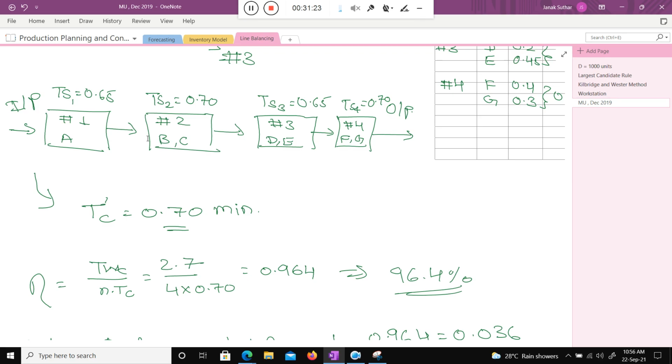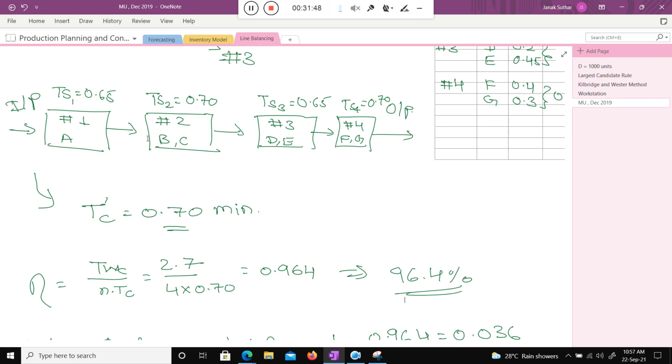Suppose the efficiency of these three is good, everywhere 80%. On what basis can I compare? Now you need to calculate the smoothness index. Smoothness index is the variation of time between the workstations. If the variation is large, then that is not smooth.